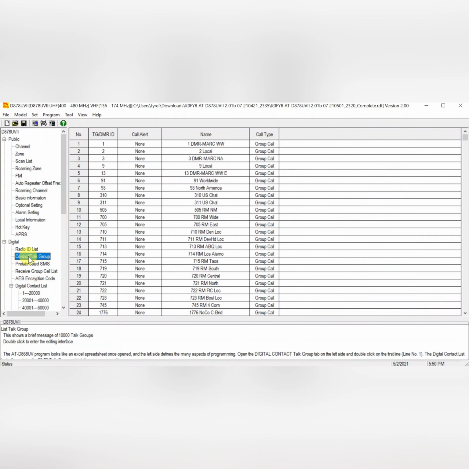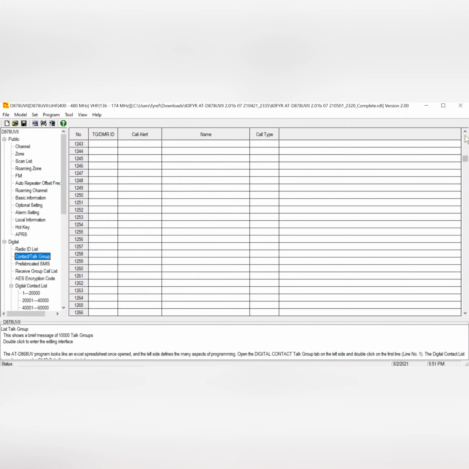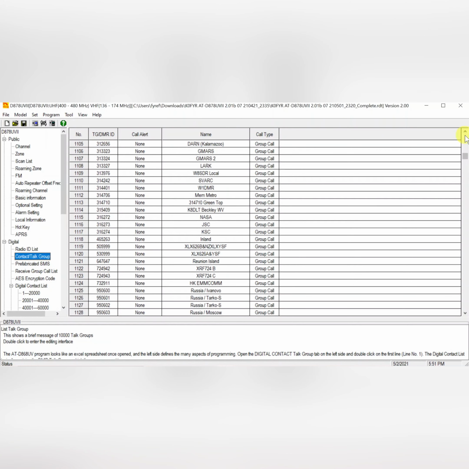As far as the contact talk groups, he had in here about 45 talk groups that covered the majority of Colorado. Then I went on Brandmeister's website, created my own Excel spreadsheet CSV file, and incorporated somewhere in the neighborhood of about 1,200 or so talk groups. That included a lot of regional,